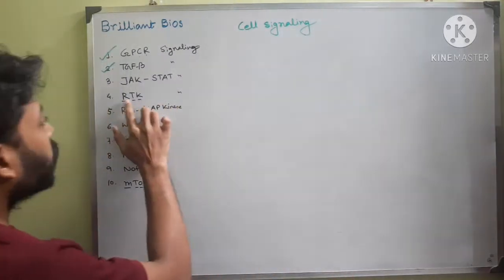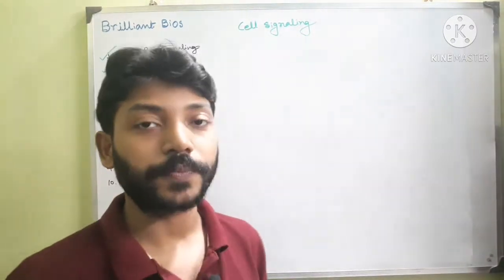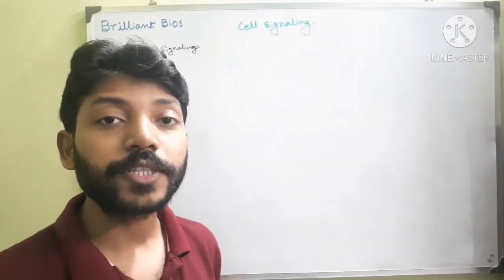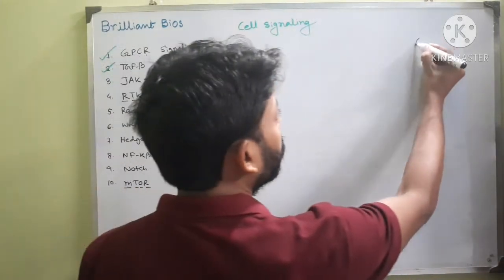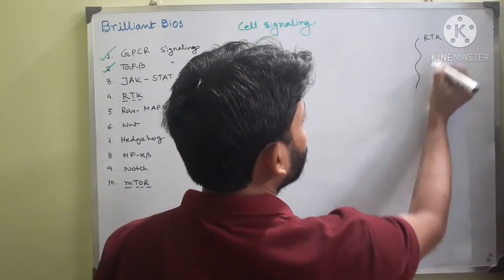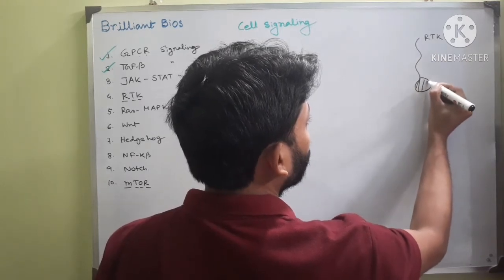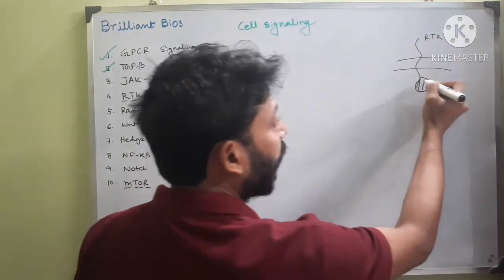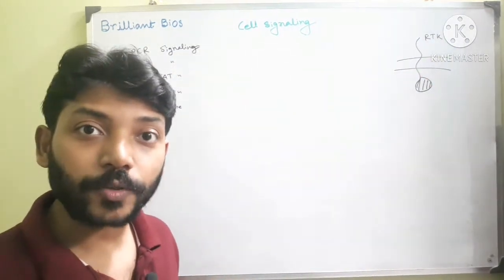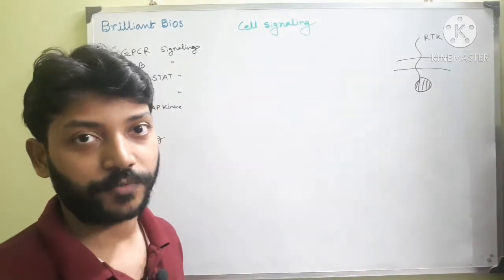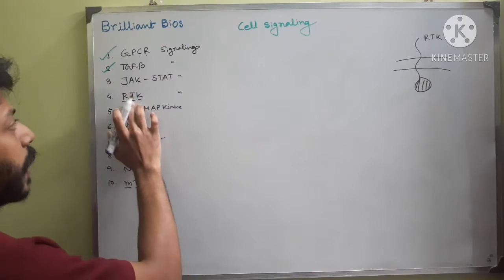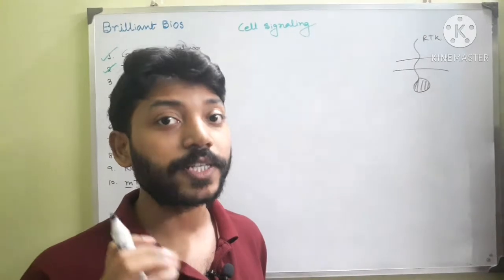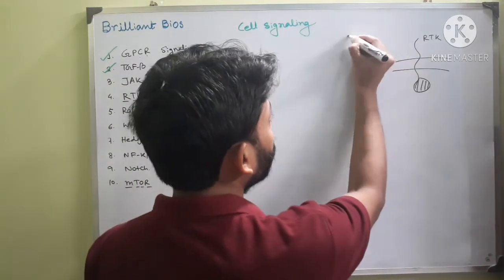In case of the RTK pathway, that means the receptor tyrosine kinase pathway, the receptor that actually binds with the ligand has intrinsic kinase activity. That means, let's suppose this is the RTK receptor, this receptor has a kinase domain in the cytosolic region. This is the plasma membrane, this is the receptor. It has a kinase domain that has an intrinsic property of kinase activity. In both the RTK and JAK-STAT pathways, the receptor acts as a tyrosine kinase. So both are actually tyrosine kinase,